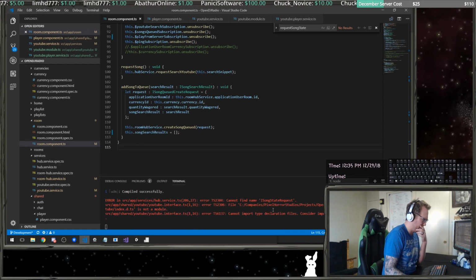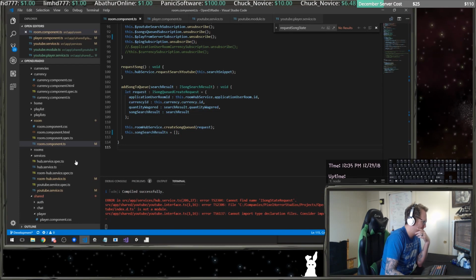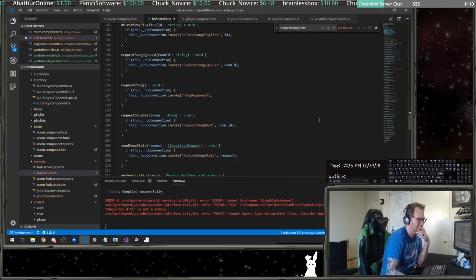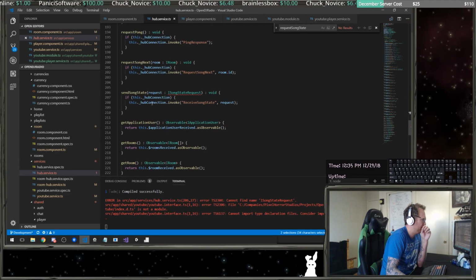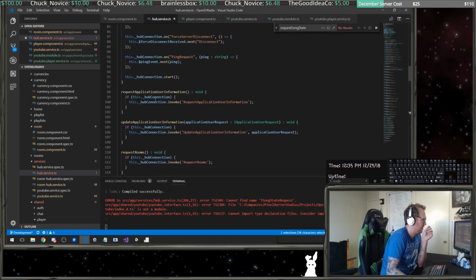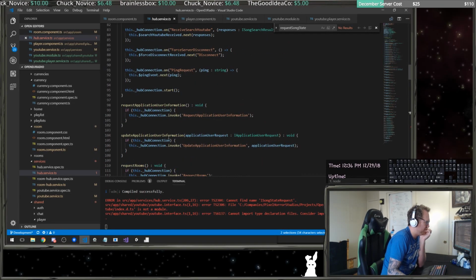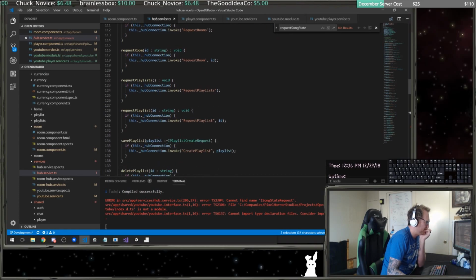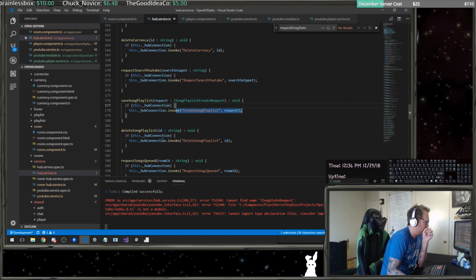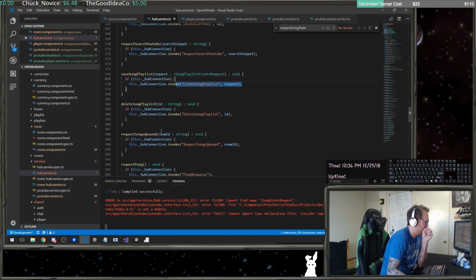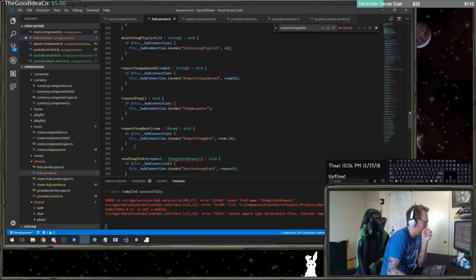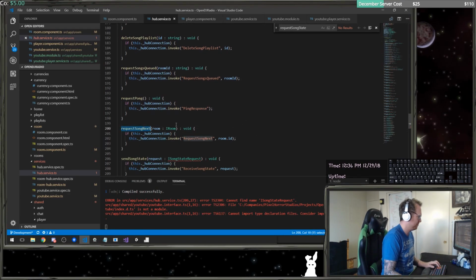So the next ones that it's erroring out are in hub service TS. It's got one error down here, which is okay. I'm going to look at these real quick. Request application user information, update application user information, request rooms, save playlist, request currencies, save, request search, save song playlist, delete song playlist, request songs queued, request Pong, request song next, which needs to be called